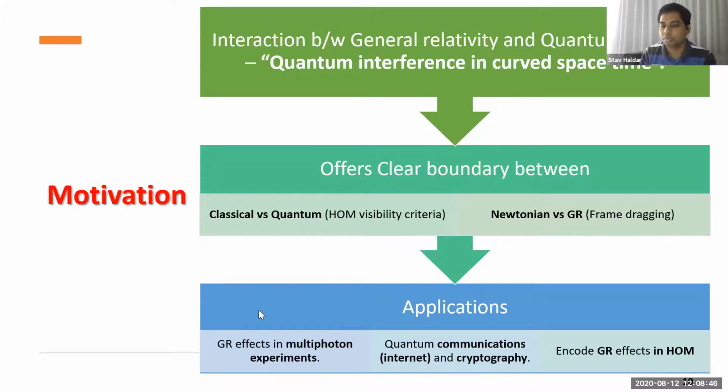Then from the practical point of view, as we go on to set up large scale quantum protocols, either communication or cryptography, with satellites and ground stations sending entangled photons and so on, you will definitely need general relativistic effects to come into the picture. For example, even in the classical realm, with GPS, general relativistic effects are extremely important. So with these quantum effects coming in,